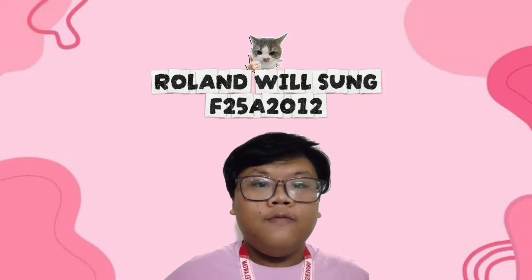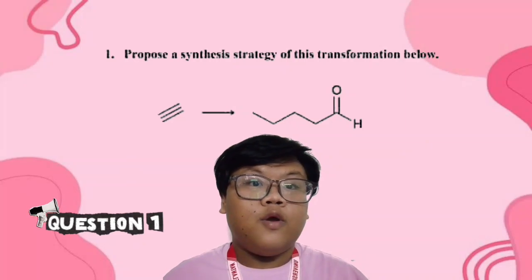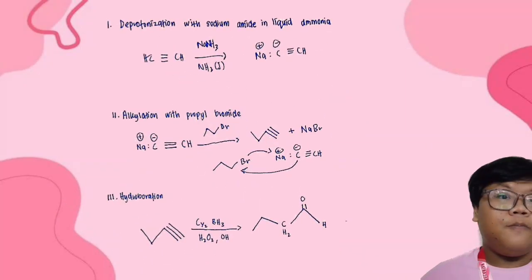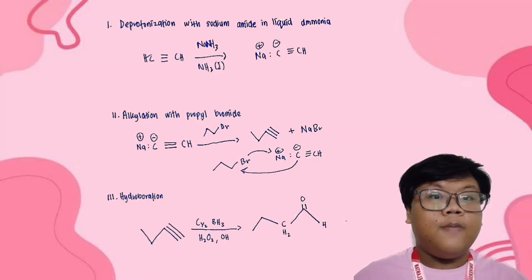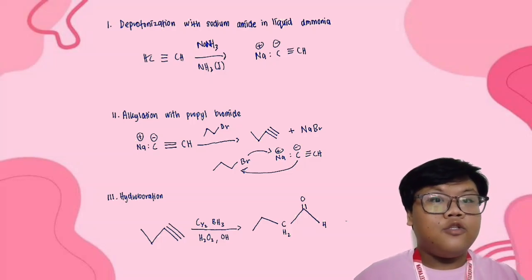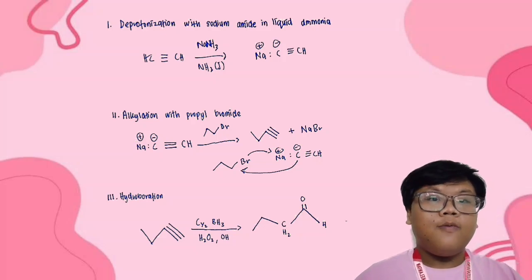F25A2012. I will briefly explain the synthesis strategy for converting a terminal alkyne into an aldehyde. First, the terminal alkyne is deprotonated using sodium amide in liquid ammonia to form an acetylide ion, which is a strong nucleophile. Next, the acetylide ion undergoes an SN2 alkylation reaction with 4-5-bromide to extend the carbon chain of the